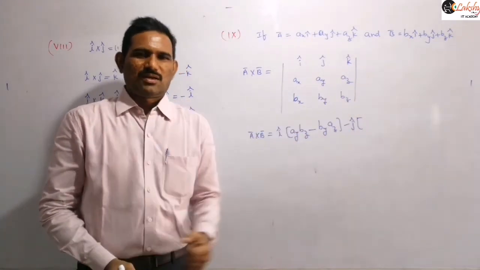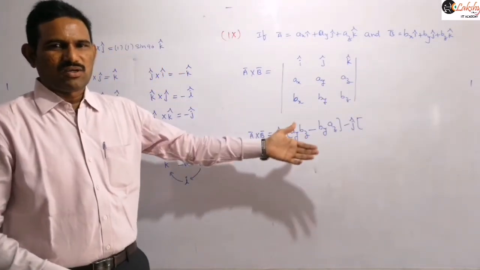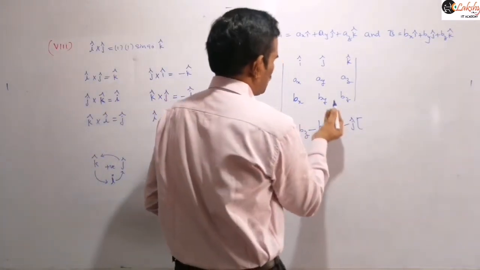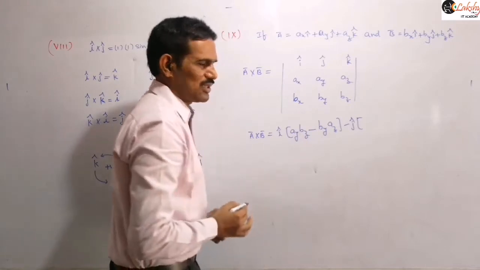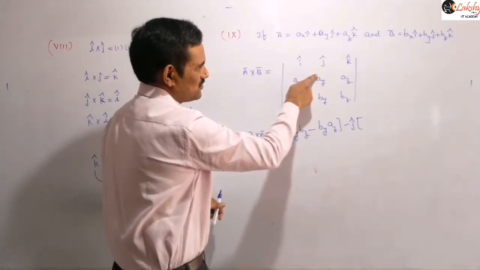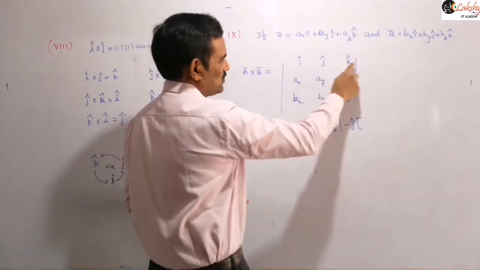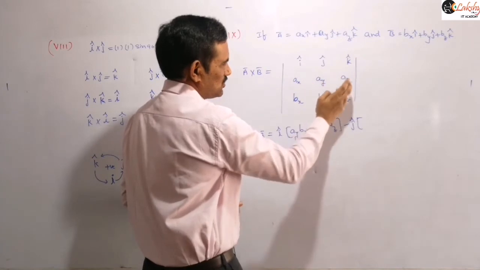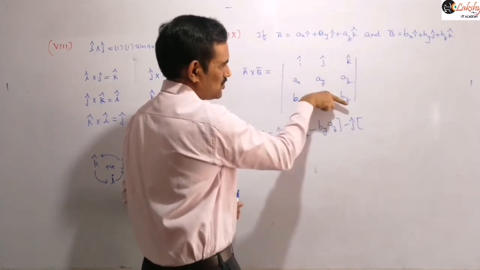And that you will get in mathematics, in detail, why we need to take that negative sign there. In mathematics, you will get that information. So just remember here, we need to take the negative sign for this j cap. Now when you are writing the j cap coefficients, we need to neglect this column and this row. If you are neglecting this column, then the remaining two and two will be there. So first you need to multiply this down like this.